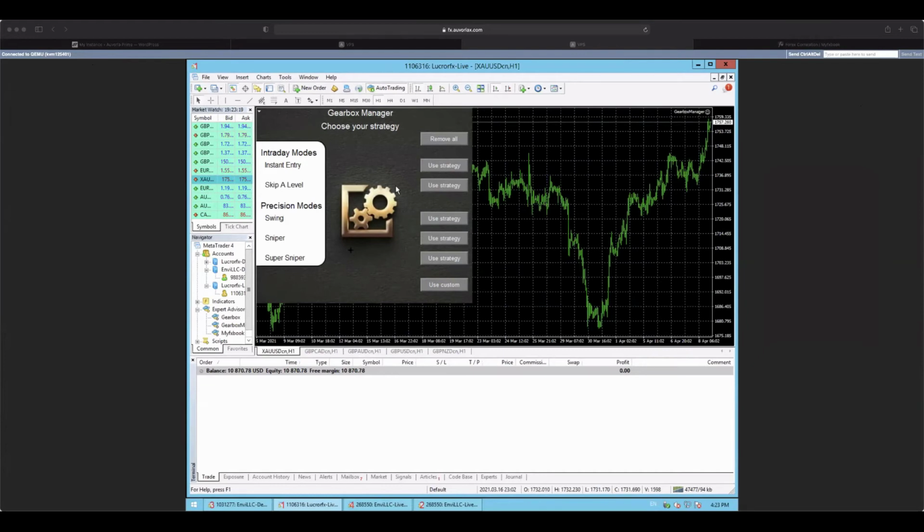So again, intraday is meant to be used as a second strategy. Please do not come in and use intraday as your main strategy unless you really just need to see trades and you're impatient. Then absolutely, intraday can come in and make you some money. But again, it is a more advanced strategy. It is something that we will continue to support and advance because it does work. It can make you great money. I do believe in it, but at the same time, there's definitely times where it can fail. So it's big for us to watch on that.